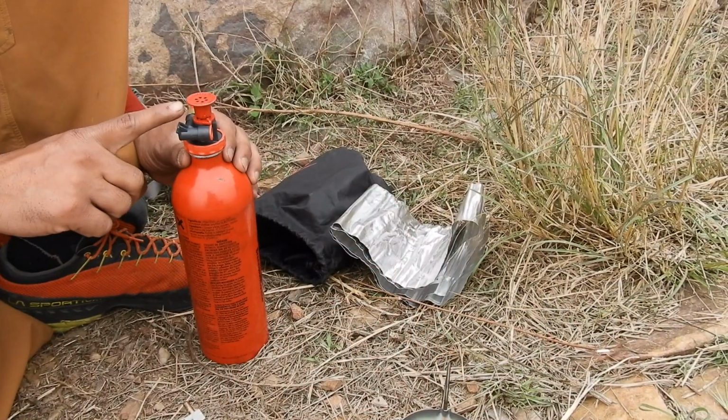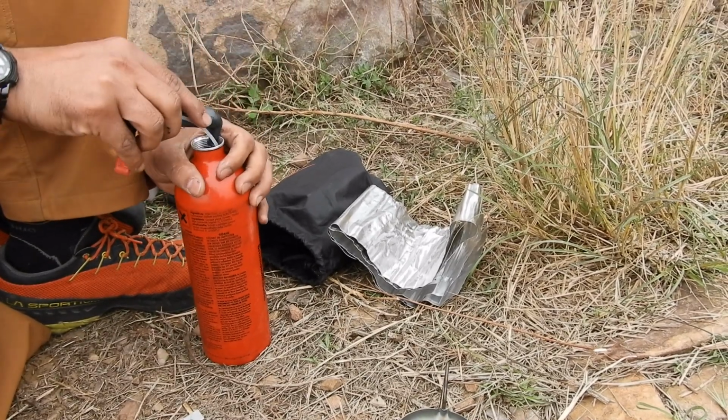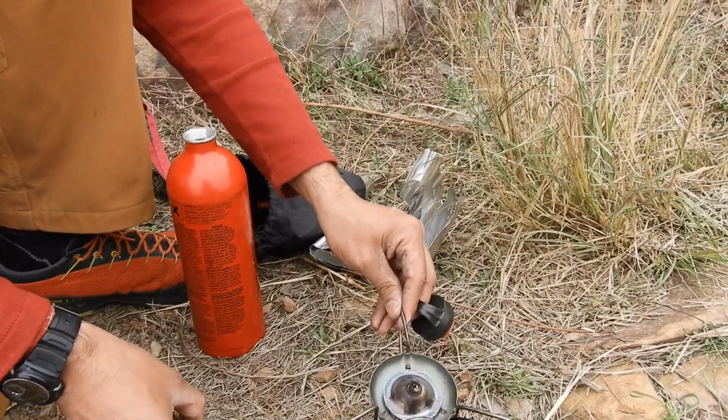There is still some amount of fuel in your pump and fuel line, so you want to conserve all of that. So give some pressure inside, pull out your fuel cap, take the stove,